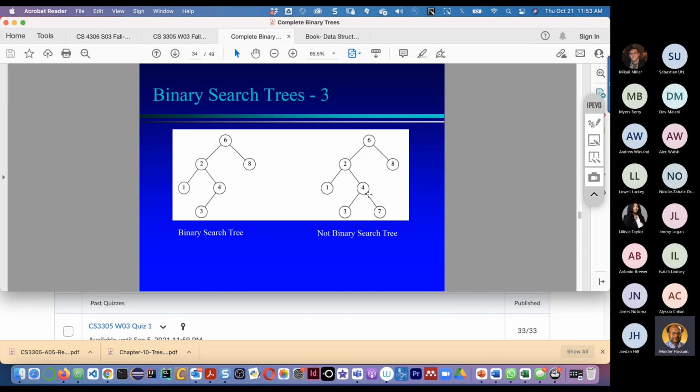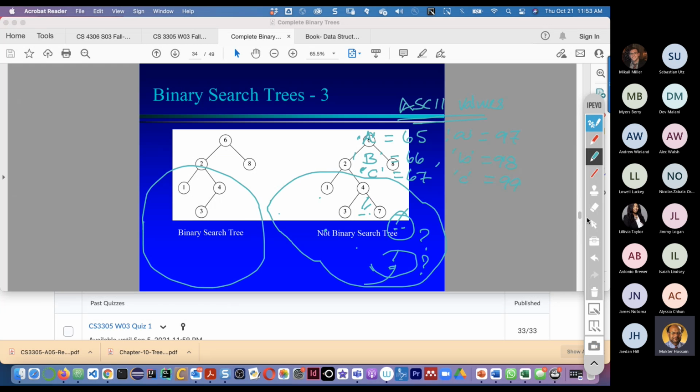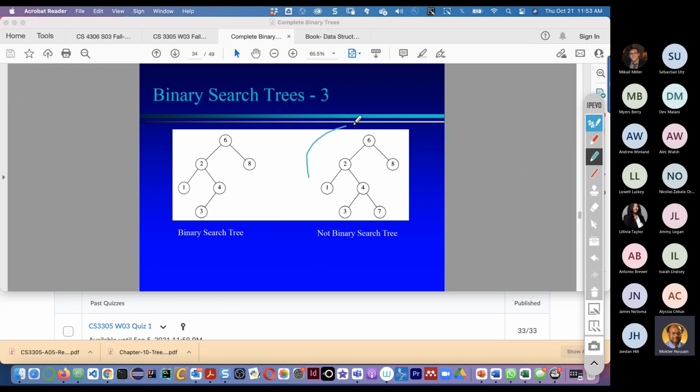So this is a BST and this is not a BST. Can anyone please tell me why this is not a BST? Is it because 7 is greater than 6? Yes. So where should 7 actually go? It should be the left child node of 8. Yes. 7 could be connected like this.